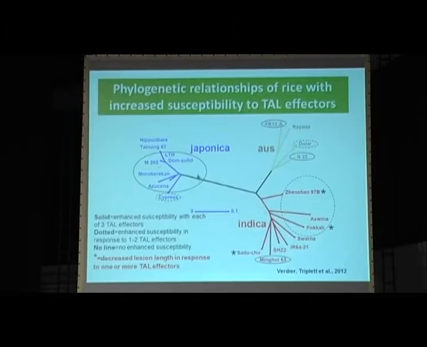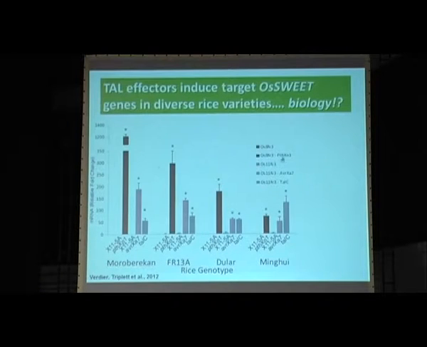And we actually looked at the relationships of the enhanced virulence in this genetic population. For example, most of the japonicas showed enhanced susceptibility with any of the 3 TALs that we tested. Some of this makes sense because in some of these indica lines, where we saw maybe 1 or 2 TALs inducing resistance, these populations have been bred to contain resistance in some cases. But in some cases we actually saw decreases in the lesion lengths, and in fact, before I come to that,